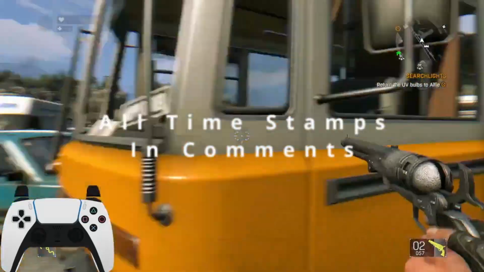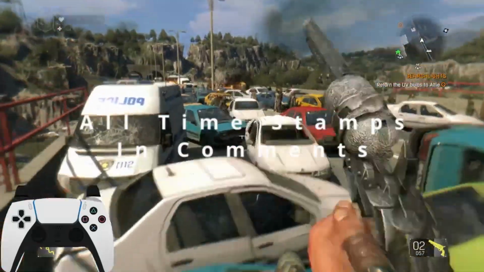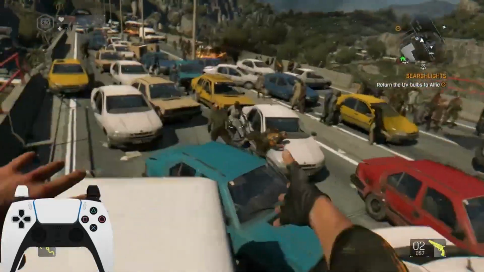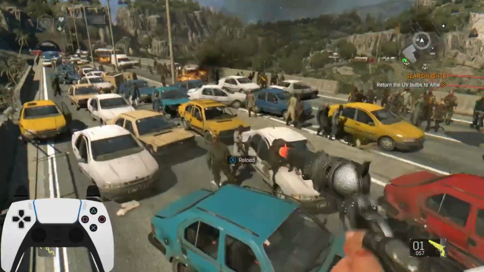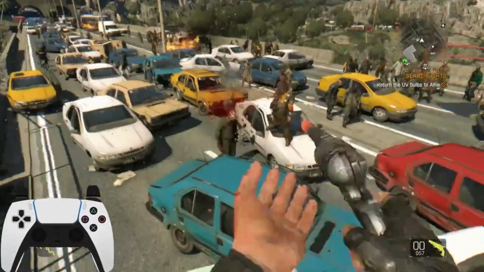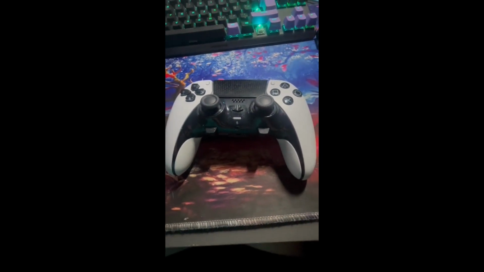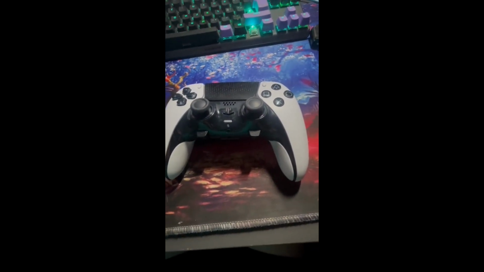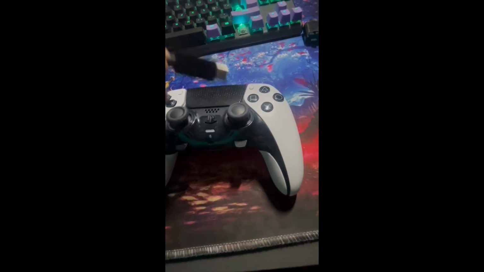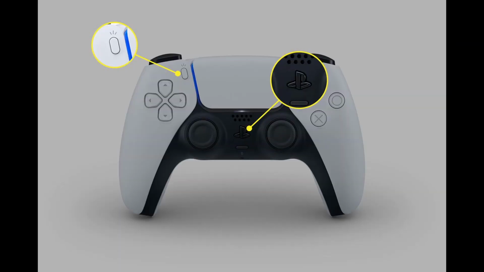You've clicked on this video to get controller support for very old games like Dying Light, which is shown on screen, which is nearly 10 years old, give or take. So what you need to do is get a controller, PS5 I'm using, and you need to get the USB-C cable or whatever cable. You need the official cable for this to work, or you can use the Bluetooth settings